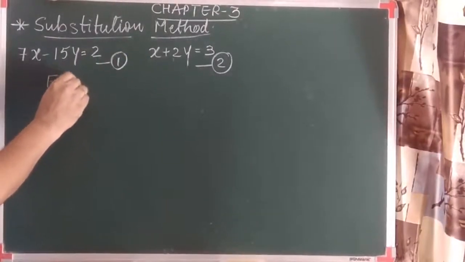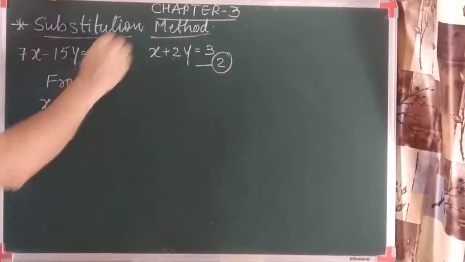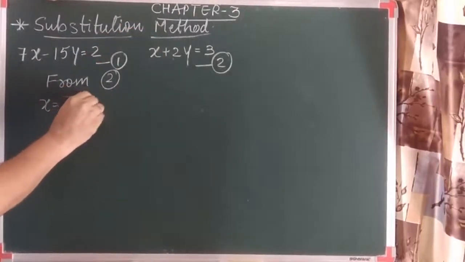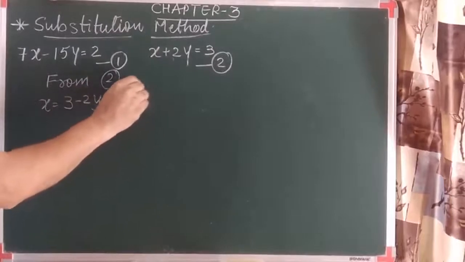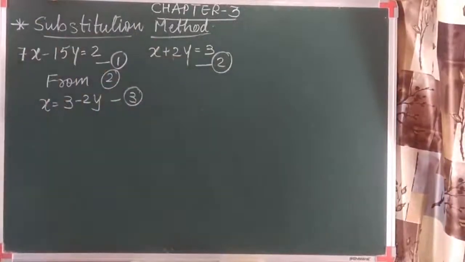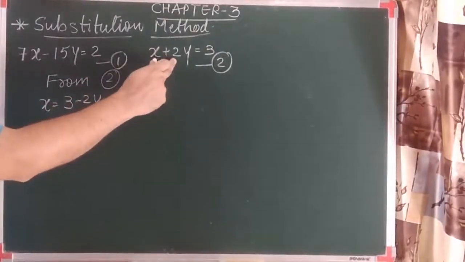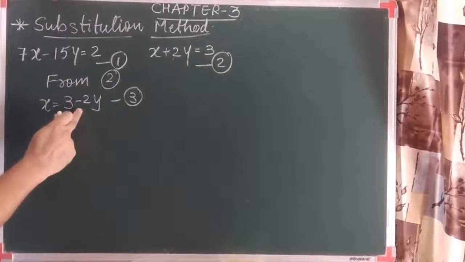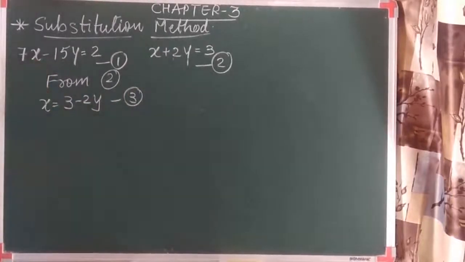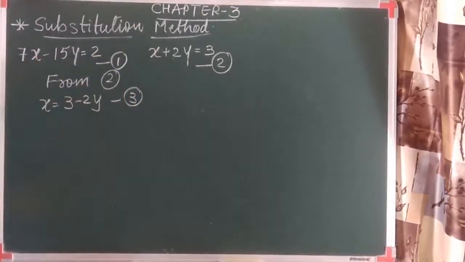So from equation 2, if I make x as a subject, we know that we have to take 2y to the right hand side. It must be negative. Now remember, this value of x will obtain from second equation. So this value of x should never substitute in the same equation. This value of x will substitute in the other equation than from where we obtained. As it is obtained from 2, so this value should be substituted in 1.